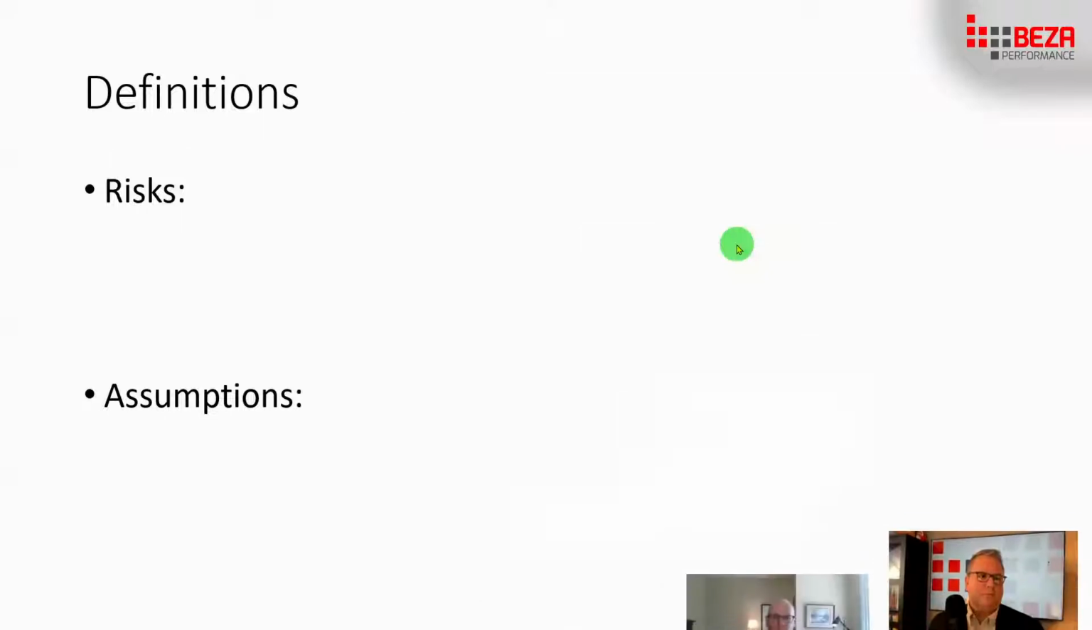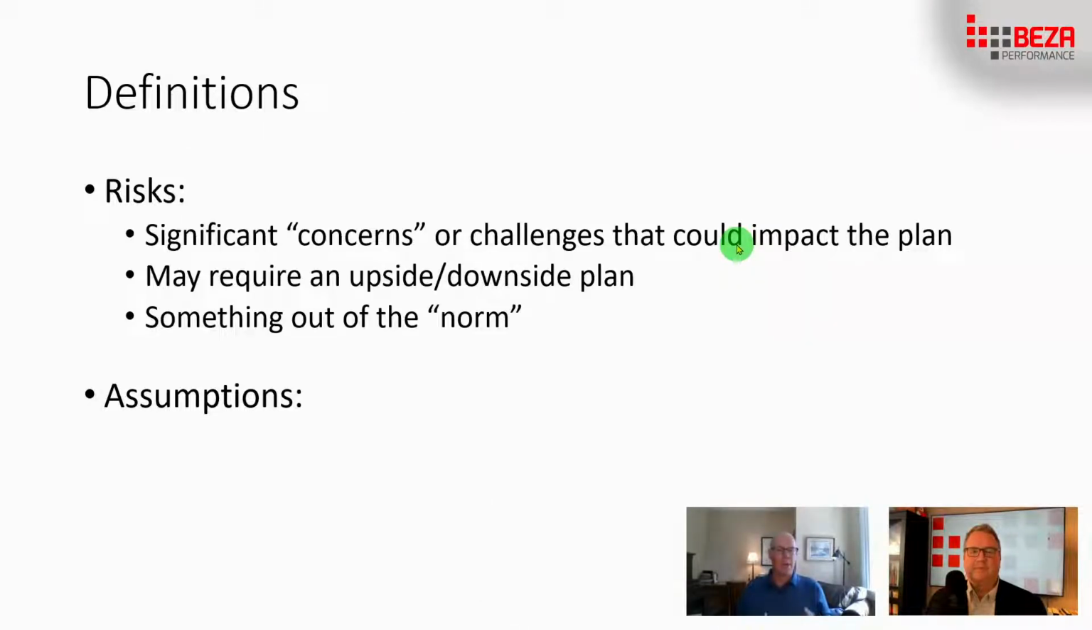And so when I think about risks, and maybe if you pull up the screen, you can leave us on in the bottom corner there, Marshall. It's really the idea of significant concerns or challenges that could impact the plan. And often you'll want to do an upside or downside plan with that. And that was a little bit of what we were going through today: okay, well, if we're on the downside plan, where do we think that's going to be? Somewhere in there, you've got to come up with what is the plan you really want the business to go to. And so the assumption